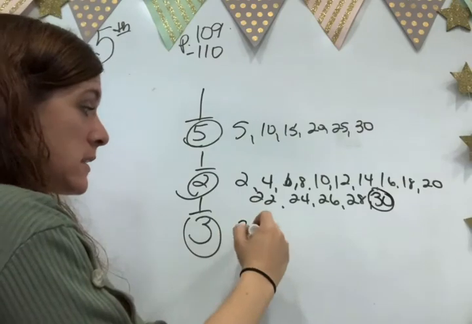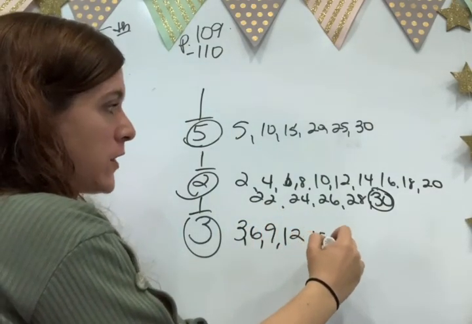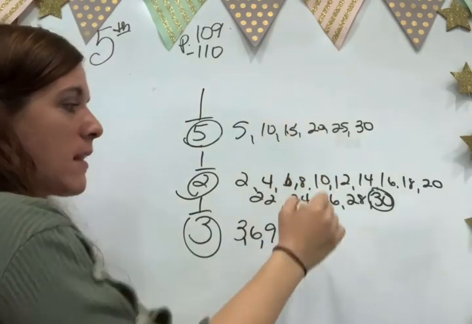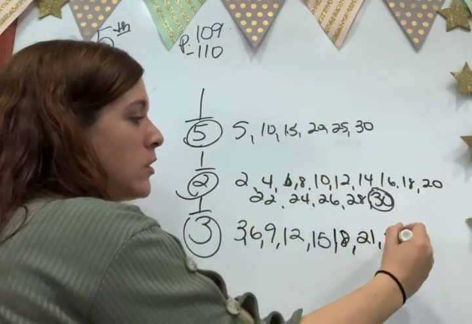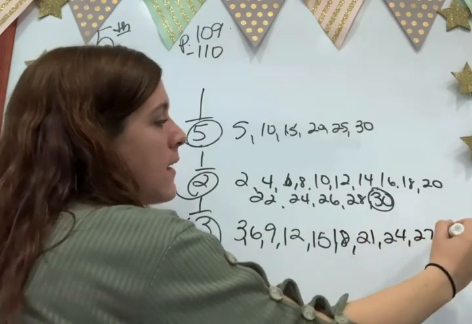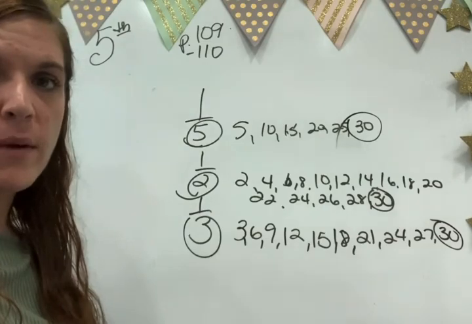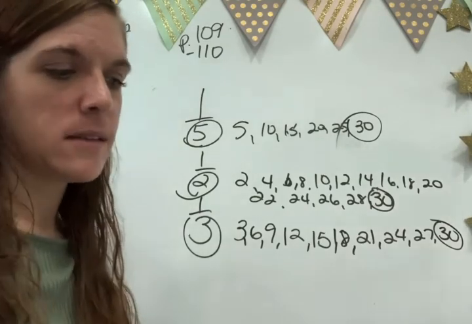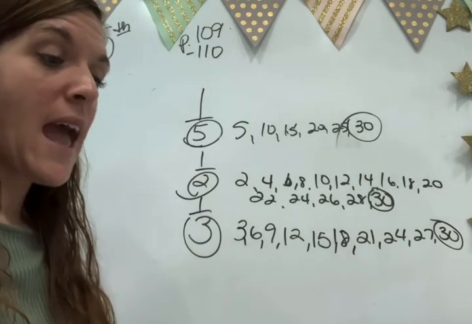Okay, 3, 6, 9, 12, 15. Is 15 common? No, because that doesn't have 15. 18, 21, 24, 27, 30. Woo. 30 is your answer on that one. That's the first one that they have in common, you guys. Okay? Look, long lesson for today, but you can do